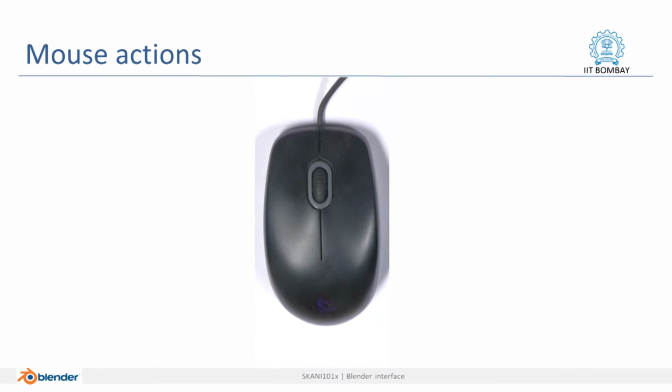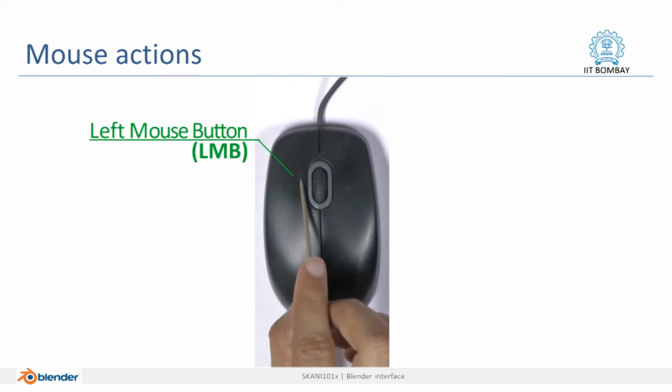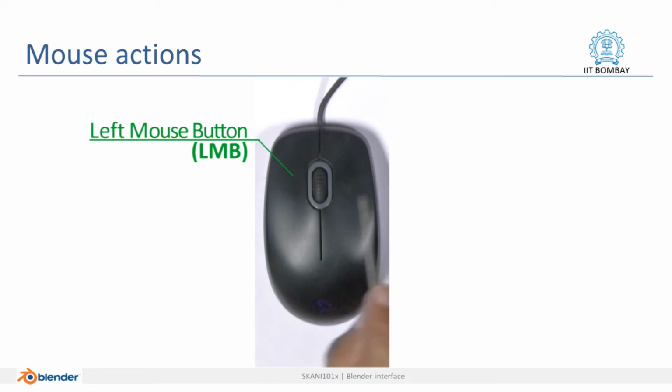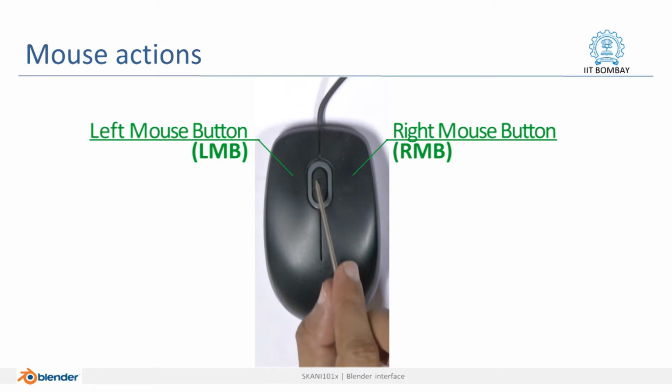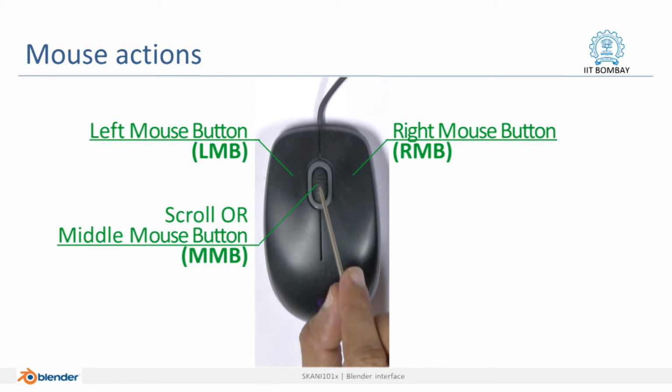This is a mouse which has the left mouse button, which we all know, the right mouse button which we typically click for looking for some options, and a scroll which is used mostly for zooming in or zooming out at times, but more importantly for browsing a longer page you use this mostly on